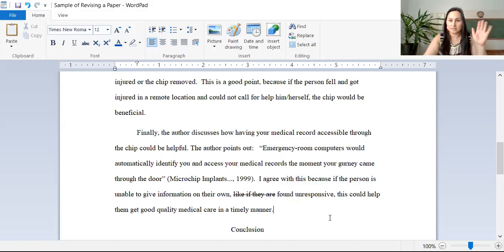Okay, this is an okay paragraph. For a response paper, it's the first paper, it's a warm-up, it's good enough. All right, so the only thing is when I looked at the original article, the author also very briefly, but kind of brought up privacy issues of the microchip. And I thought that was very interesting because if she added that to her paper, it would make it stronger. So I suggested that she would